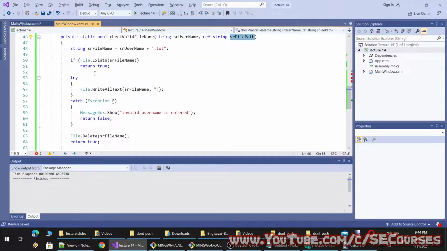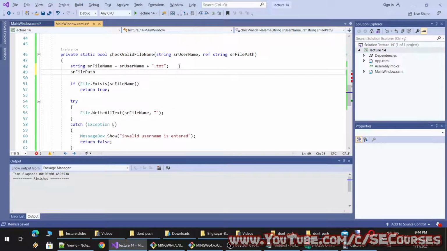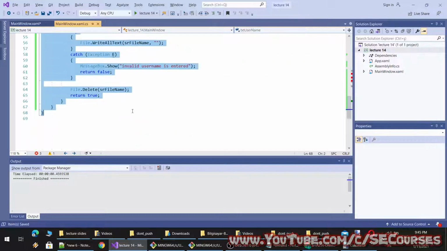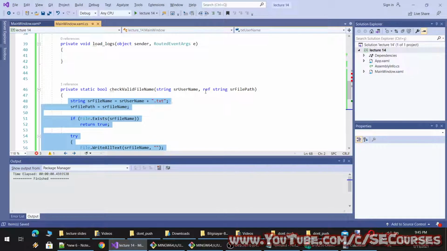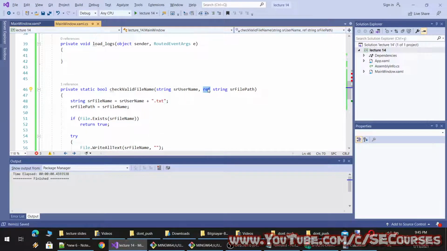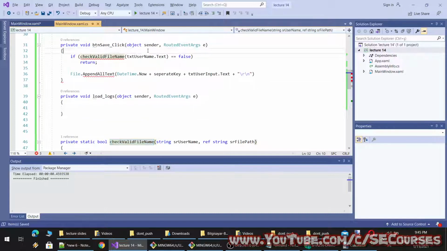You will understand what I mean. So the file path will be our file name. Normally, the changes I make inside this method are not reflected back if it is not an object type. The strings are not object type, not reference type. Therefore, the changes I make here are not reflected back. However, when I provide the reference with the ref keyword, they are reflected back.